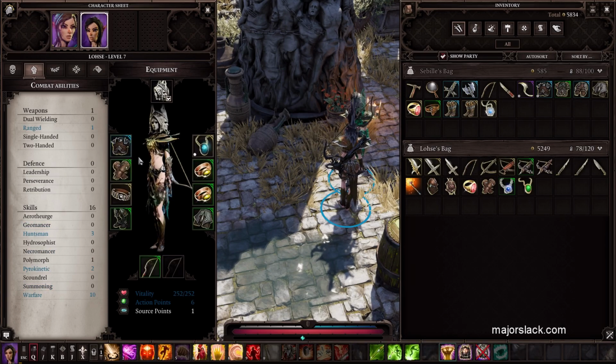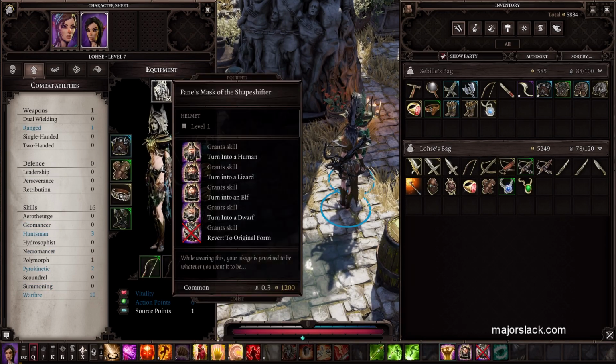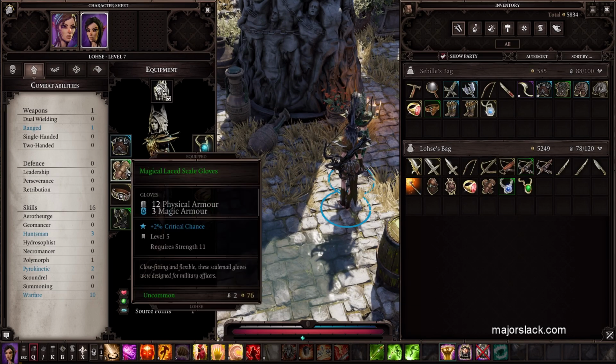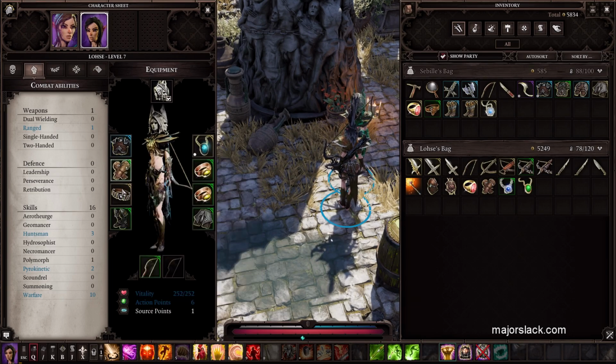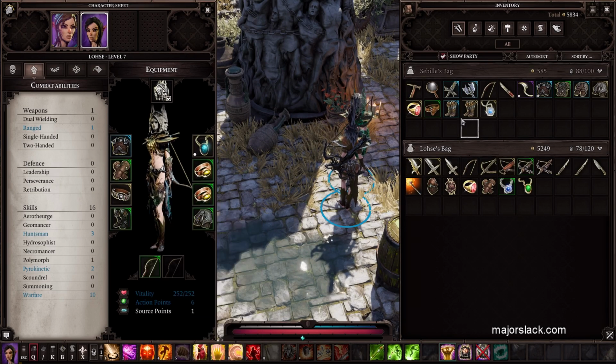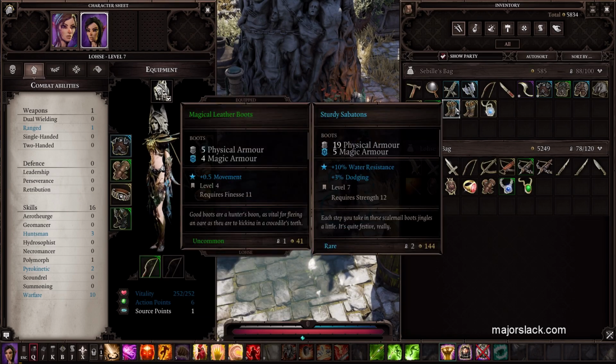Let's go to Losa. Losa's going to continue to wear Fane's mask of Shapeshifter so that we can turn into an elf at will. The Splendid Tunic, she has that on. Magical Scaled Gloves. Yep, she has that on. Withermore's Girdle, that's right. For boots, these sturdy Sabatons. Where did I get these? These right here. Yeah, that's going to be a huge bump in